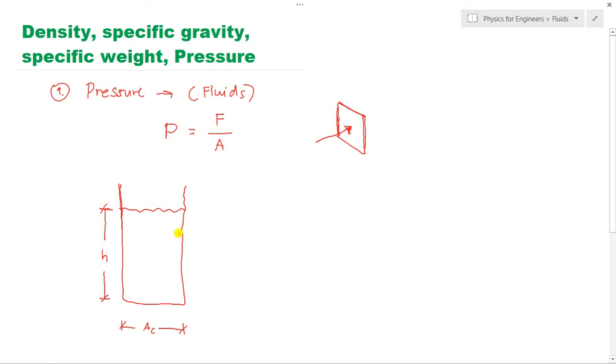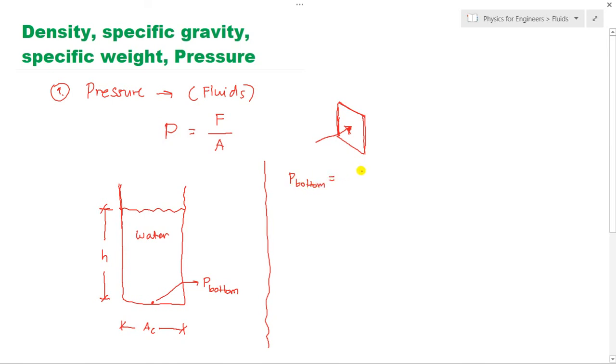Our goal here is we're going to find the pressure at the bottom. So we put here the pressure at the bottom. In order to find the pressure, this is water, this is water. In order to find the pressure at the bottom of this tank, of course, we're going to use the elementary definition of pressure. So that is P at the bottom